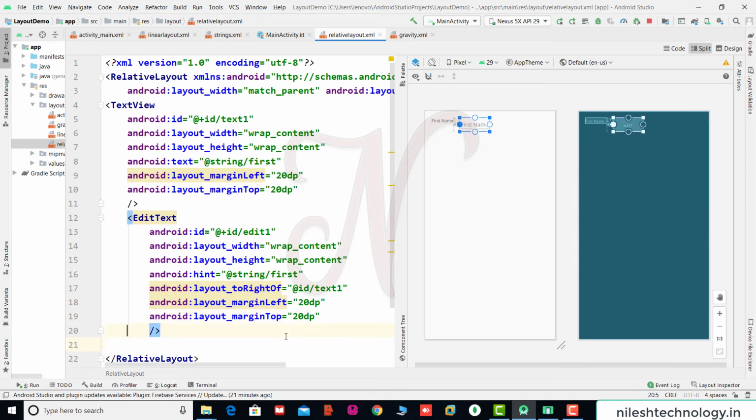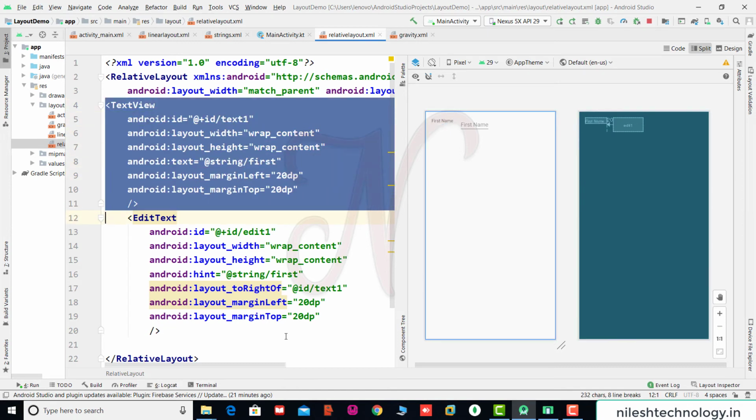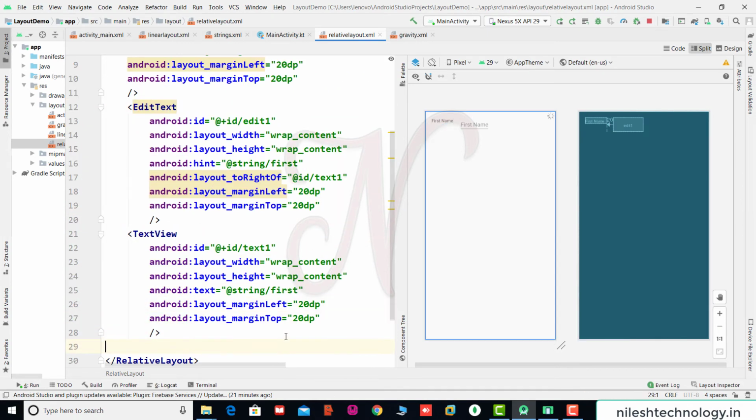Similarly, we use one more TextView. Here we copy this TextView, and this is the ID text2. Width and height are wrap_content. Now this is the string last, that is the second name. Here left margin is 20, top is 20. Here we use more alignment, so use 80 dp.